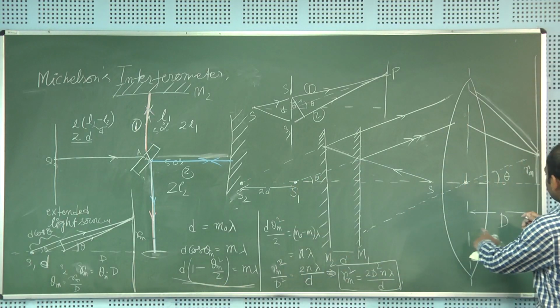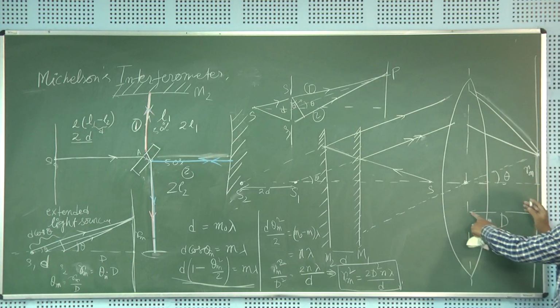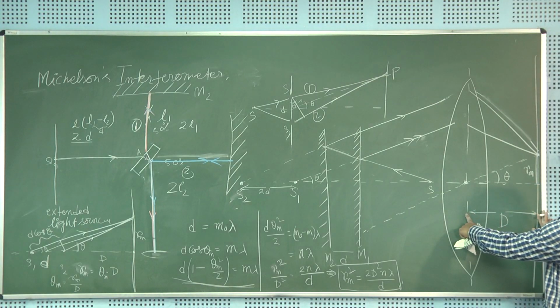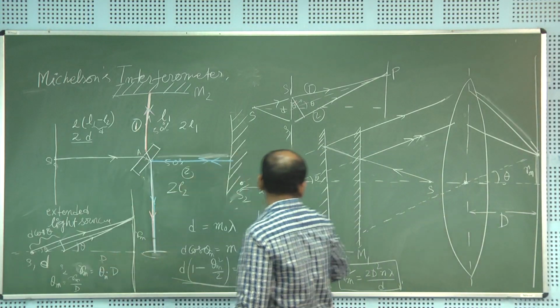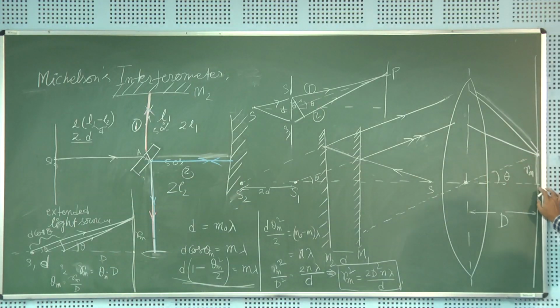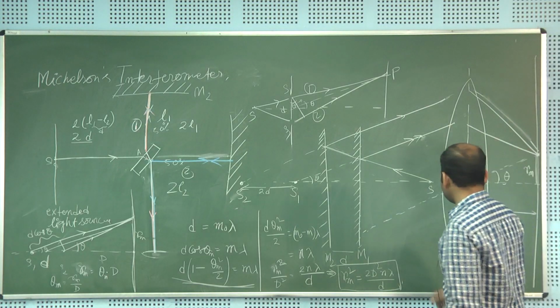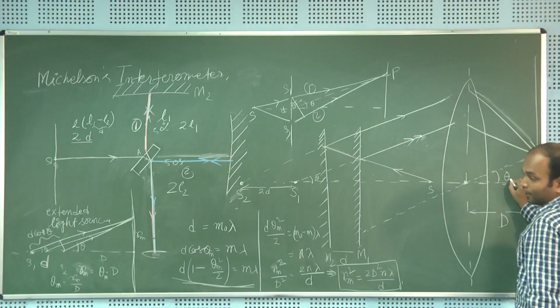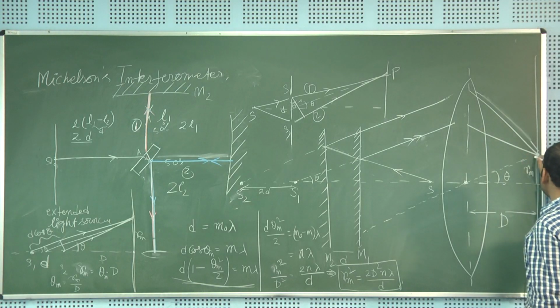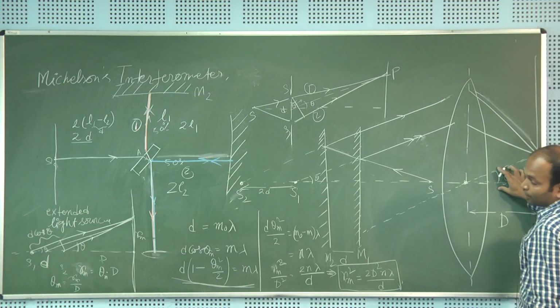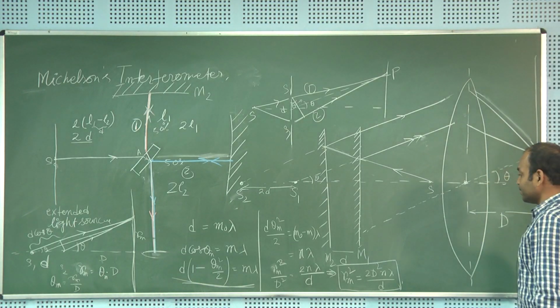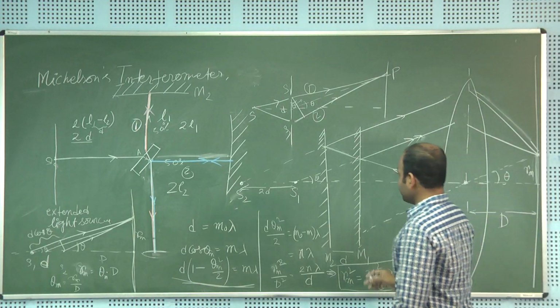Then if we use the lens, we basically have to consider the distance from here to here, d, and so this distance d is actually the distance from here to here, just to get the theta m. Instead of theta m, in order to find out the radius, and the relation between the theta, right. So, if I use it here,